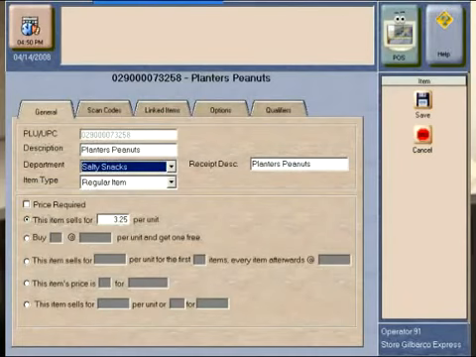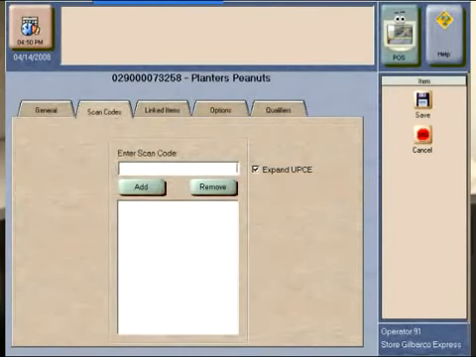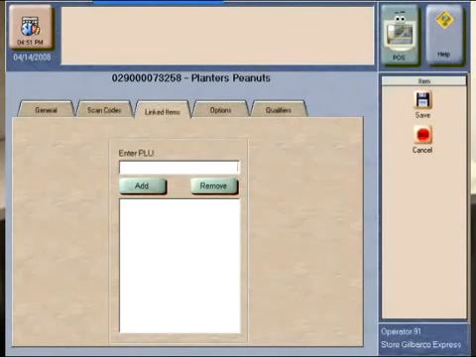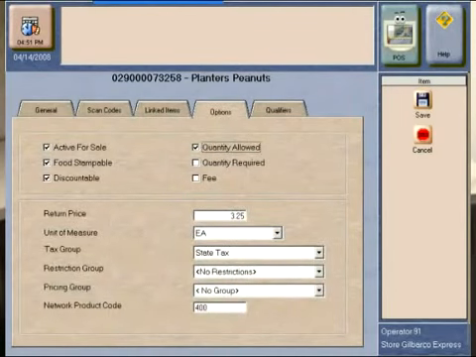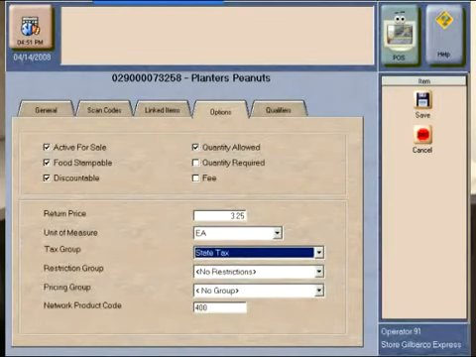You also will enter in the scan code that may relate to that. Now if you had a not on file slip printed, you would use the information on that not on file slip to provide you the information for the scan code. There are several other third-party applications you can use with Passport to get these scan codes easily put into your system. Once you've entered a scan code, you go to the Options tab, and there are several attributes about the